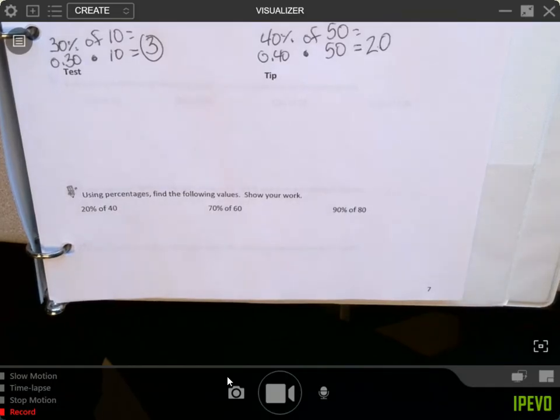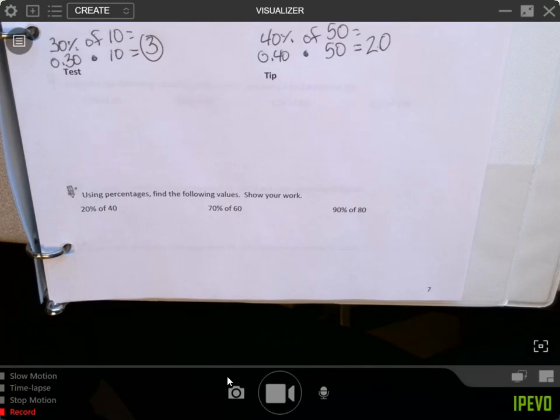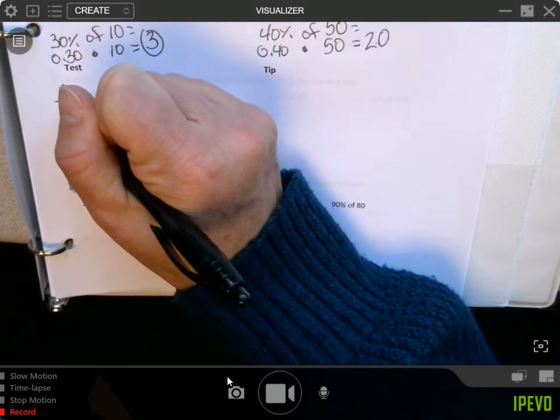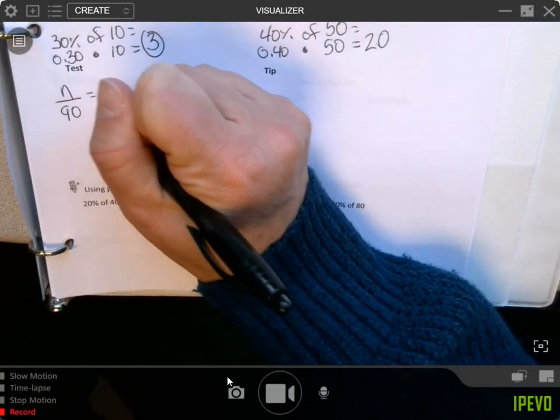Let's do the test. Test was worth 40 points and she got 90% on the test. How many right is that? So we want to know how many out of 90 points did she get? 90 equals,